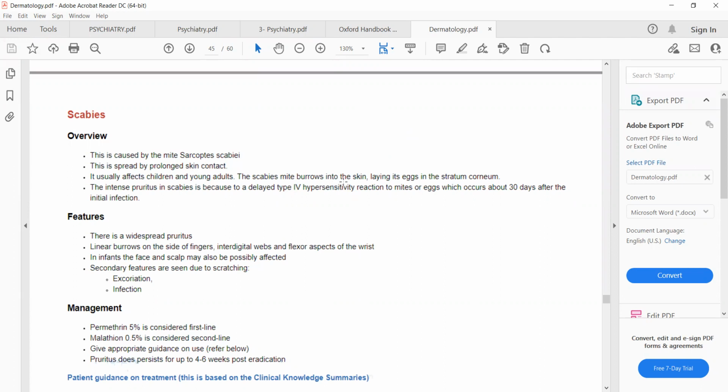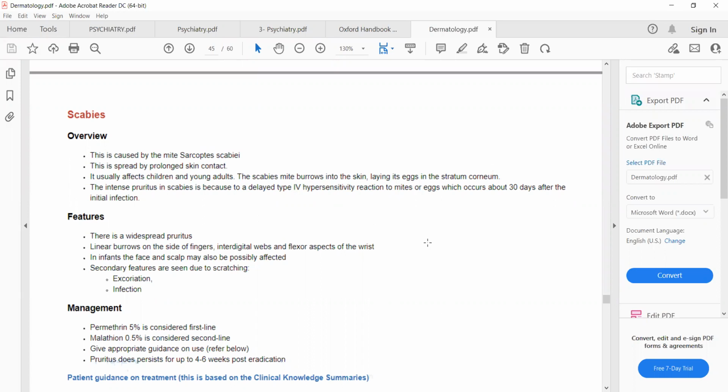This mite usually burrows into the skin and lays eggs in the stratum corneum, which is the most upper layer of the epidermis. So in the skin it lays eggs, and then due to a type 4 hypersensitivity reaction to the mite itself or to the eggs, result in the infection of scabies, which results in itching, intense itching